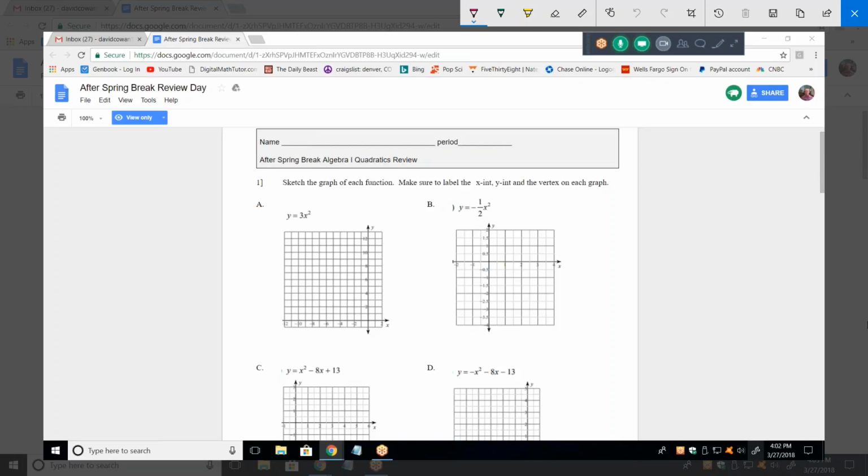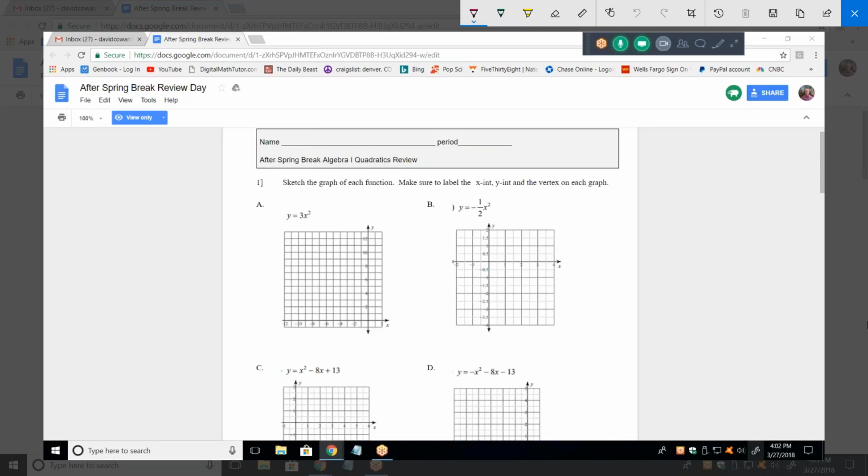So what's A? First of all, what kind of a graph is that? I think it's the parabola because we've been doing a lot of those. Yeah, it's a quadratic. All linear functions are straight lines. All quadratics are parabolas. Got it. Okay, and this is quadratic. How would I start to